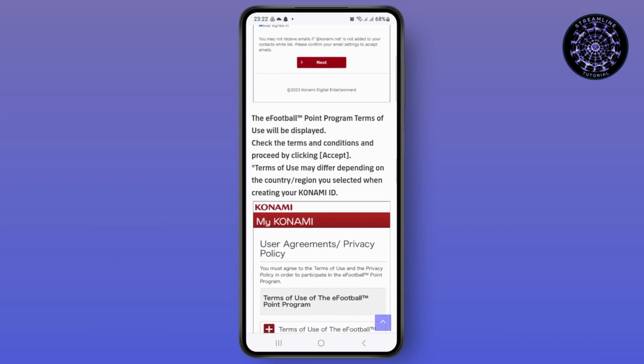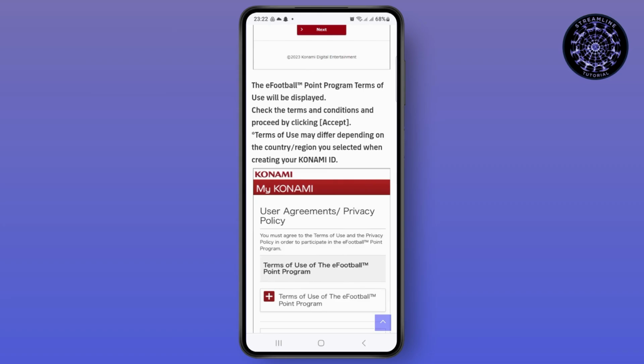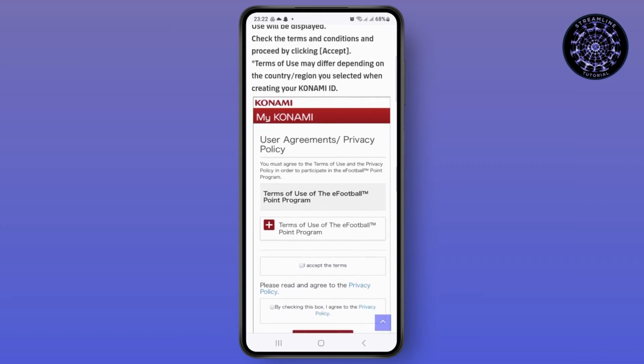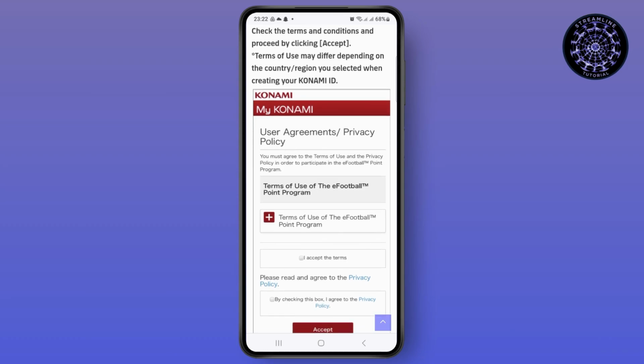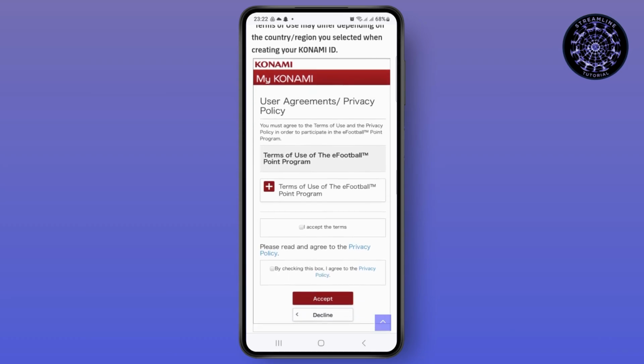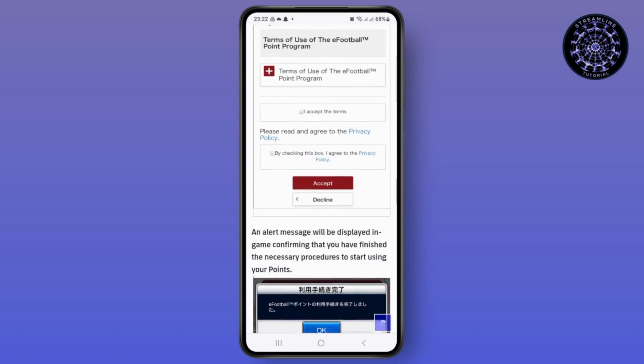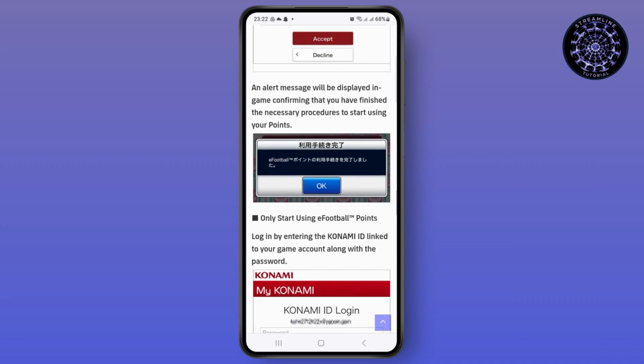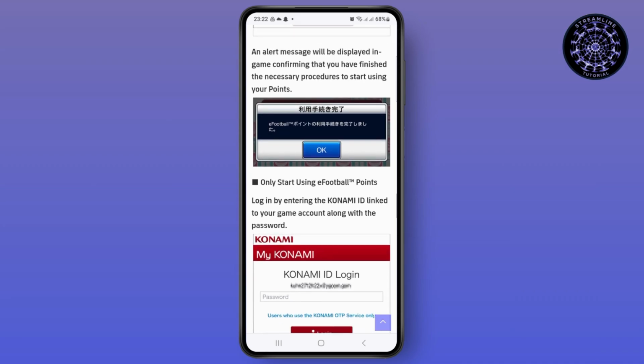Now, after that, you can see the eFootball Point program terms of use that will be displayed in it. You have to check the terms and conditions and proceed by clicking. The terms of use may differ depending on the country or the region you selected when creating your Konami ID. An alert message will be displayed in the game confirming that you have finished the necessary procedures to start using